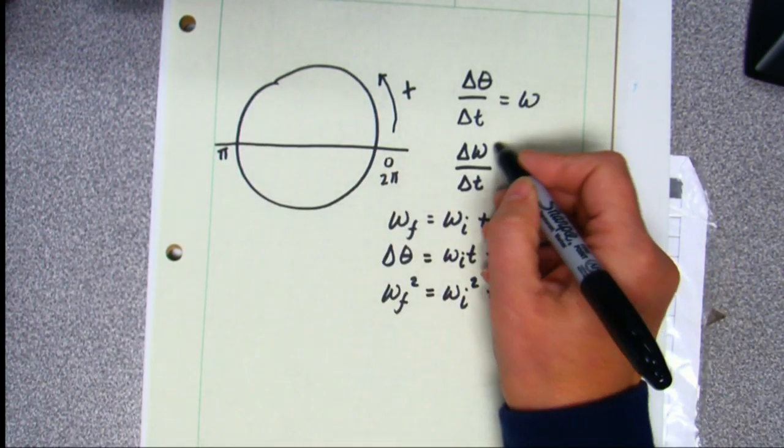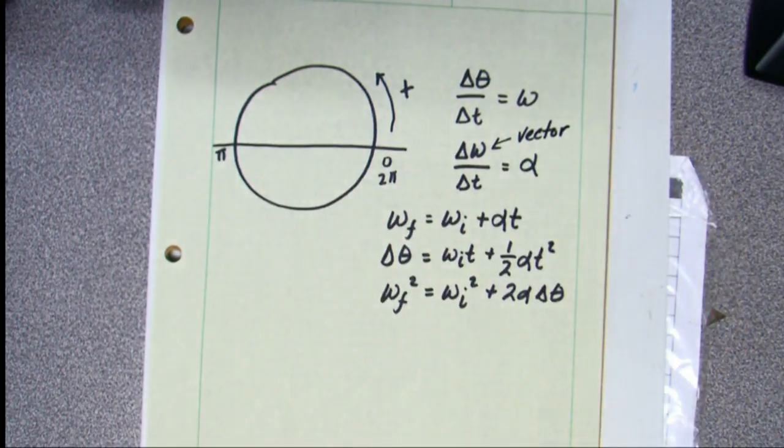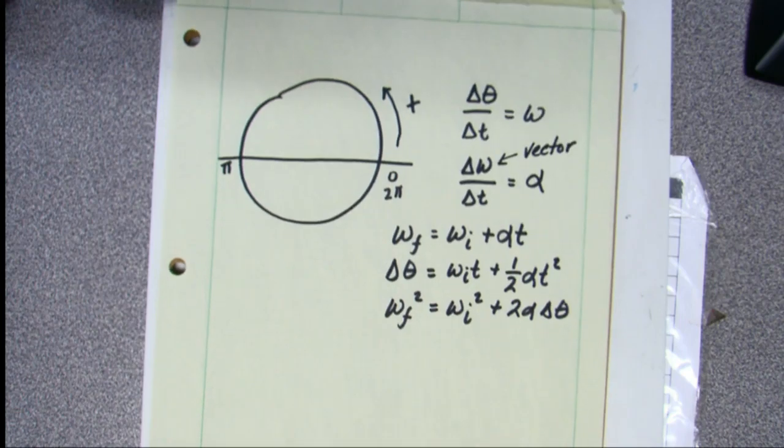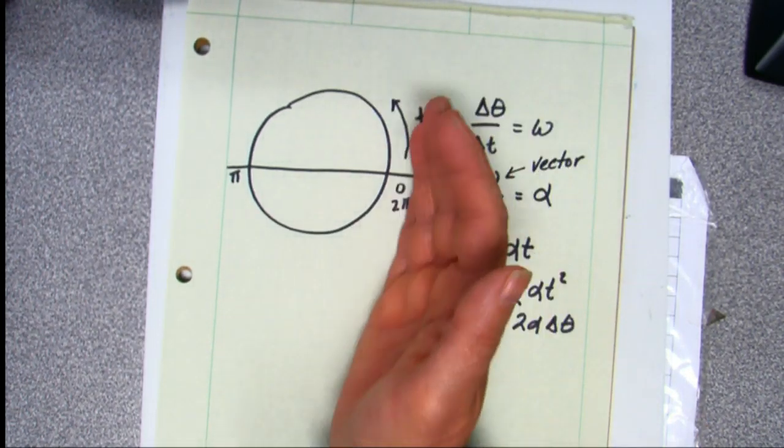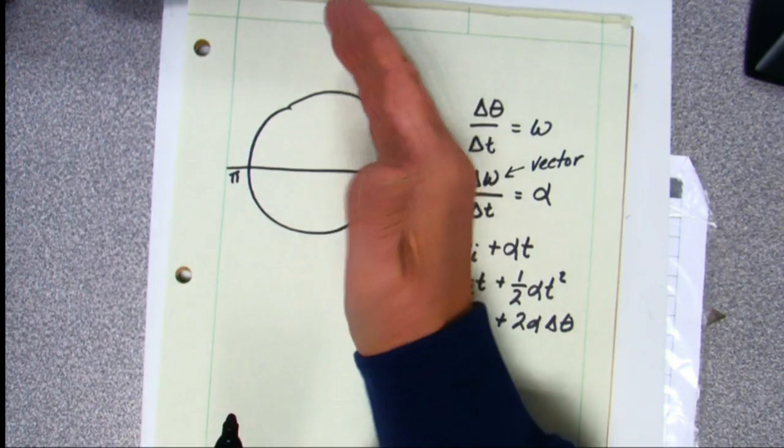because that is a vector quantity. Okay? It's a vector quantity, and we've got the right-hand rule, and like all vectors, vectors have magnitude and direction, and so we end up dealing with where our vector quantity is going. So the right-hand rule is going to go like this. If my motion is in the circle in the positive direction, I'm going to put my fingers along the side